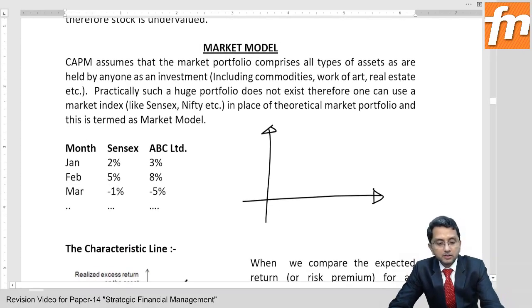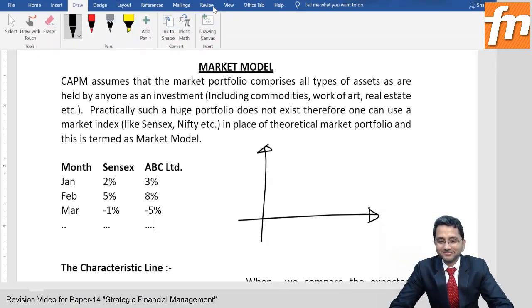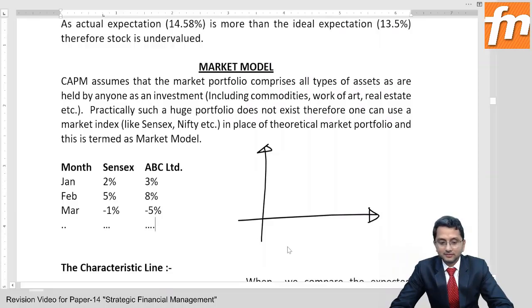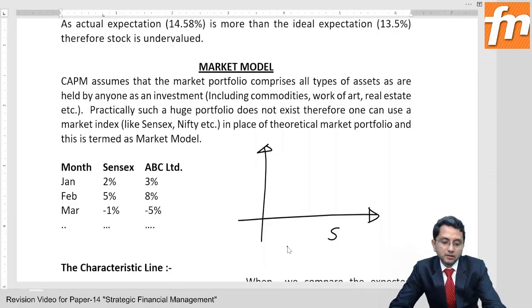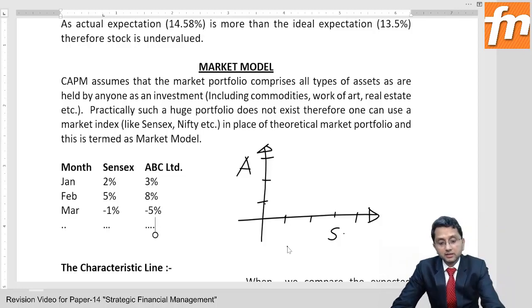And then here you will take Sensex. Here you will take ABC Limited. And this is like 1%, 2%, 3%, 4%. And here also this is 1%, 2%, 3%. So you move 2% on x-axis, 3% on y-axis, 2 here, 3 there, and